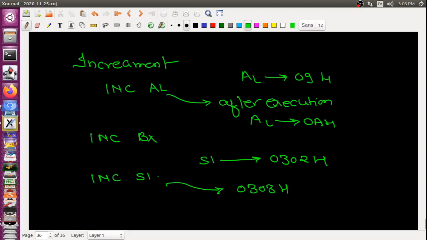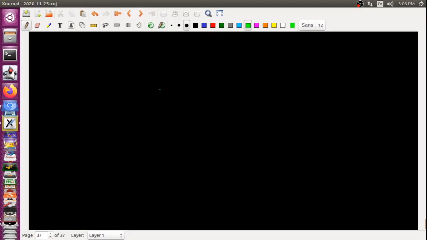Okay, I will take just 2 minutes more. One more important thing is the reverse of this: subtraction as compared to addition. For subtraction, you can use the SUB instruction.